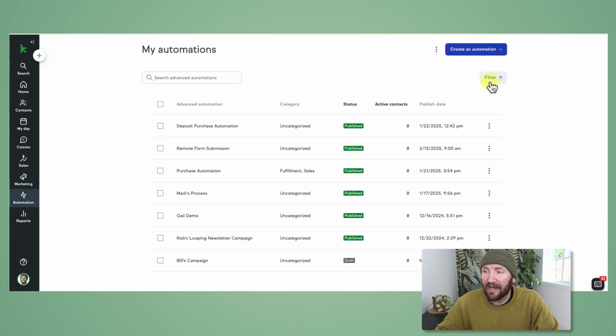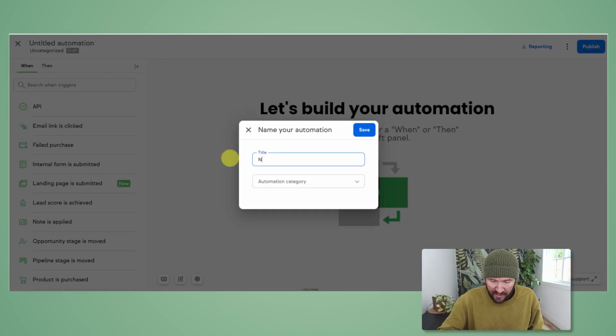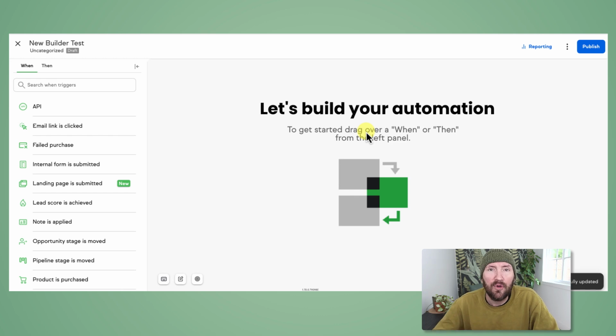So let's go ahead and open a new advanced automation builder. We'll give it a name here. So this is the new builder test. And then this is the way the new panel, the new interface looks that you will see when you are building automations using wins and thens. And I'm not going to review all of the different changes and settings, but what I want to point out